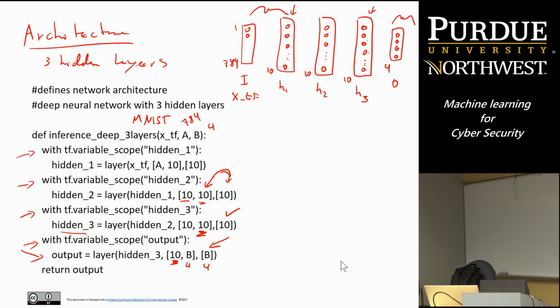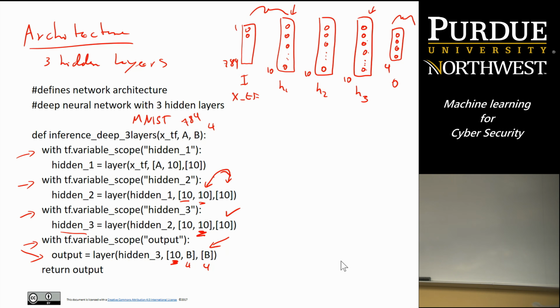This would be for the MNIST data set, right? I don't know if you guys have heard of it. It's a very popular data set. I recommend that if you want to play with a data set at some point, grab MNIST. It's got, I think, 70,000 samples. It's about images of handwritten digits, 0, 1, 2, all the way to 9. So there's 10 classes, and the images are 28 by 28, which translates into a vector of 784 neurons or features or pixels. The output is 10, and that's why